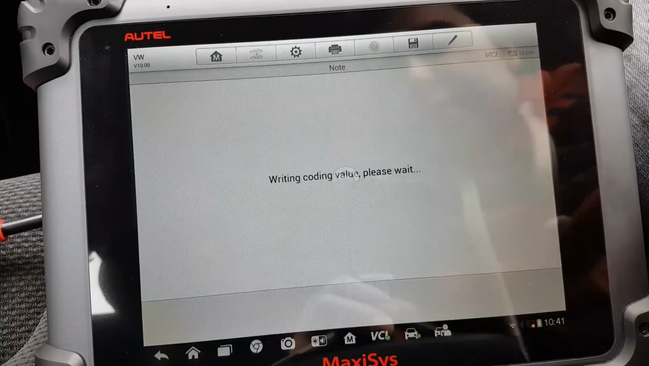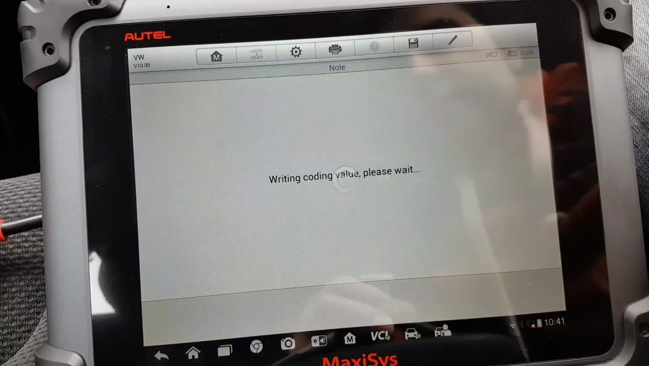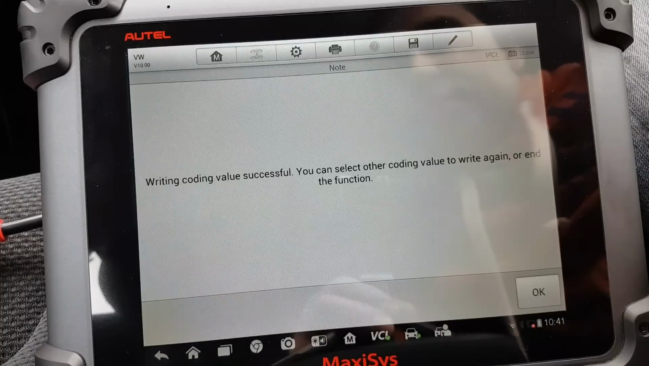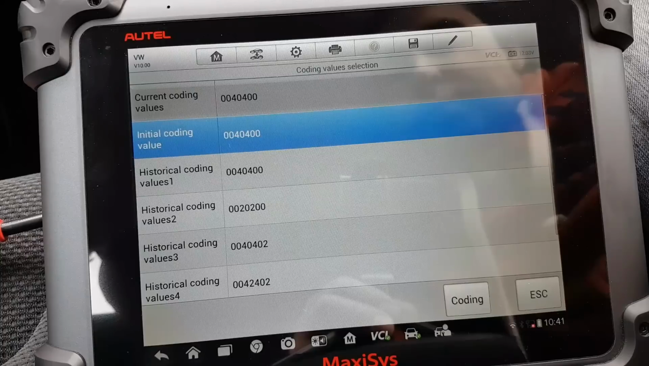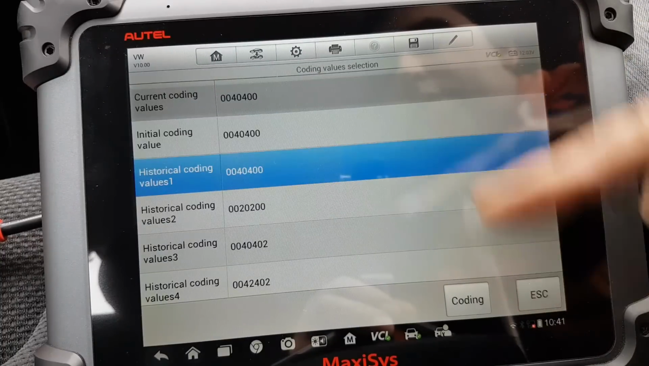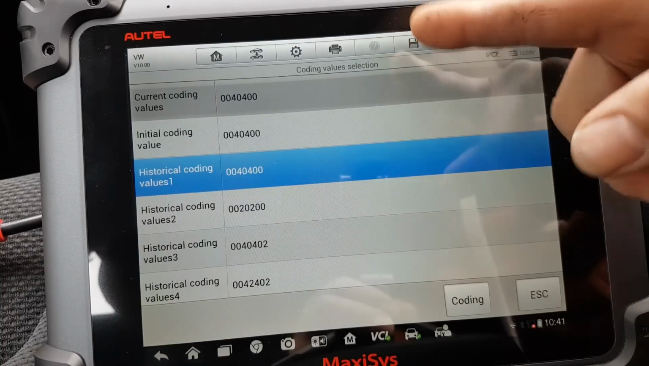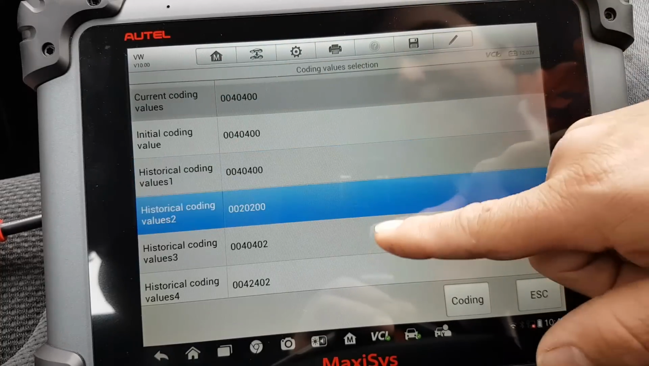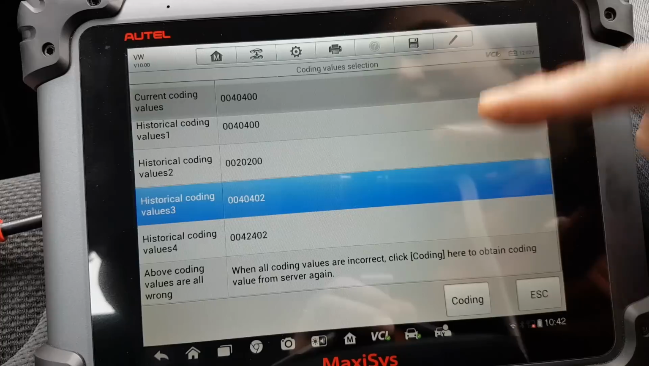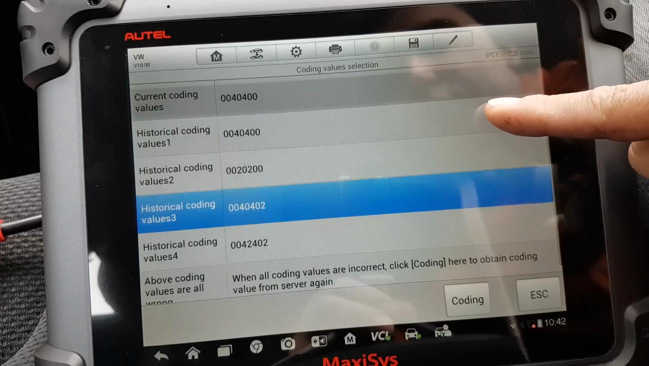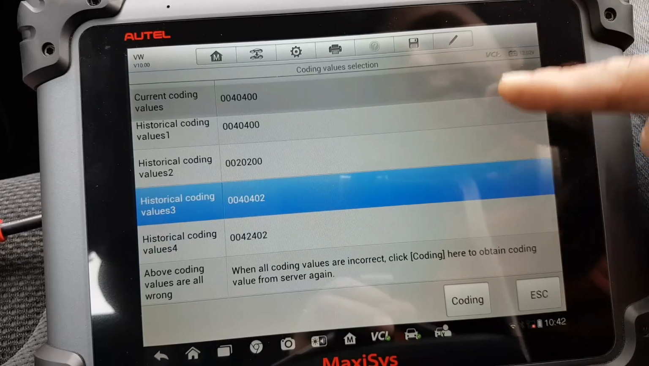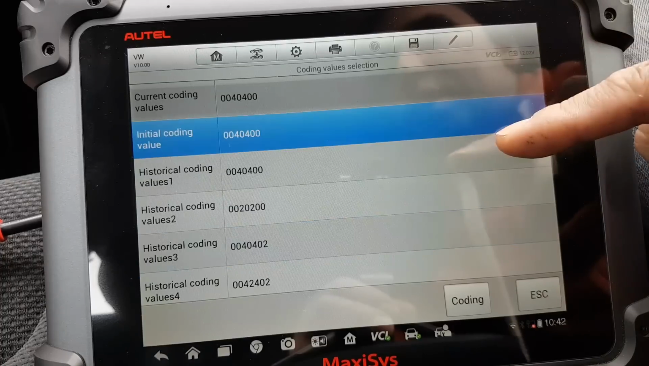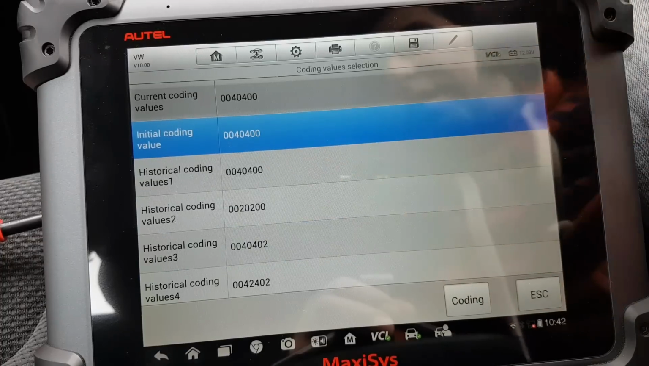Let's press coding. So you can choose the coding you want to code. So basically I've chosen the same coding obviously, but you could code other stuff. So unfortunately it doesn't really show you what this coding does. It tells you that's the coding, but it doesn't tell you